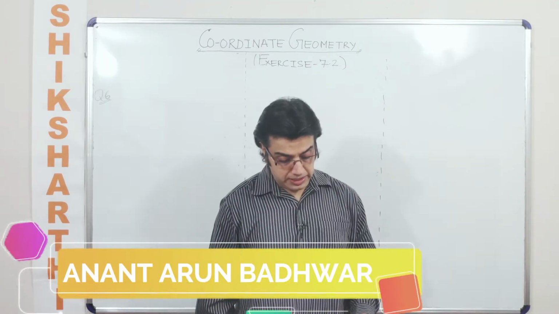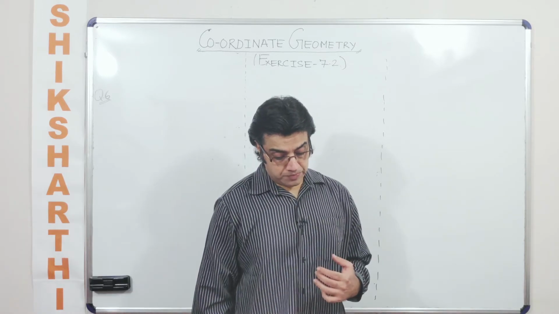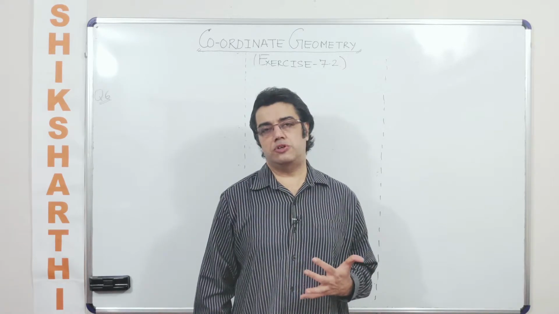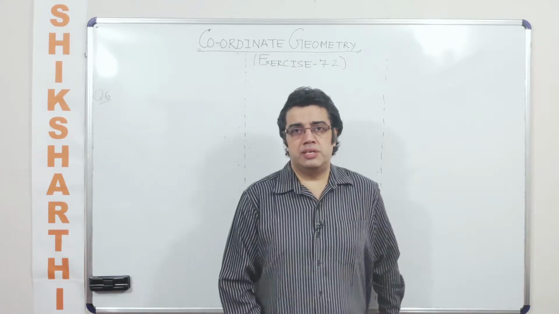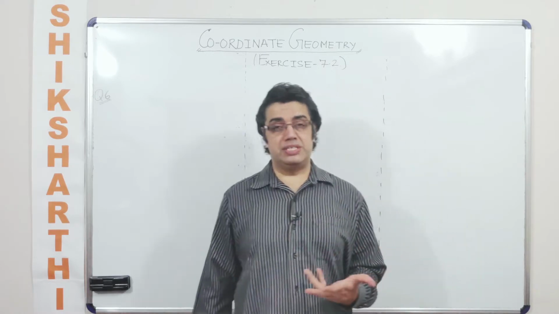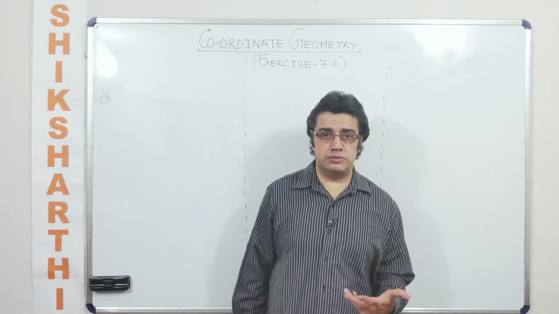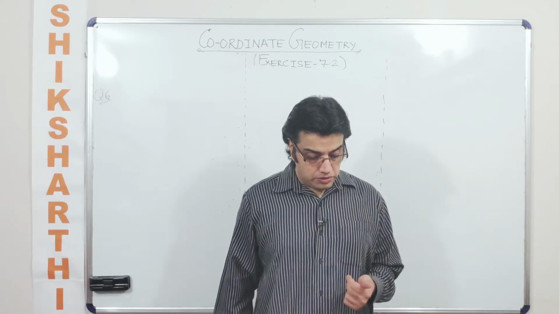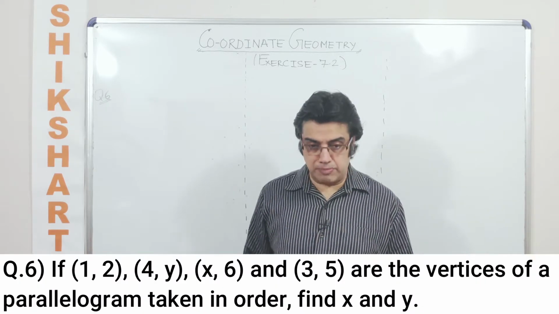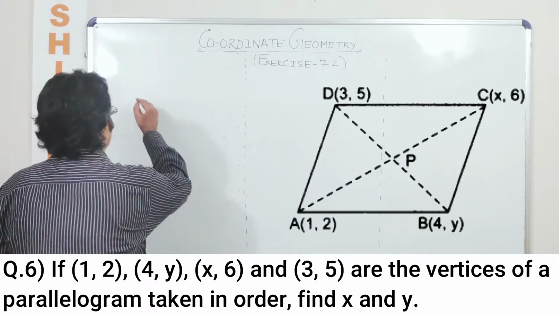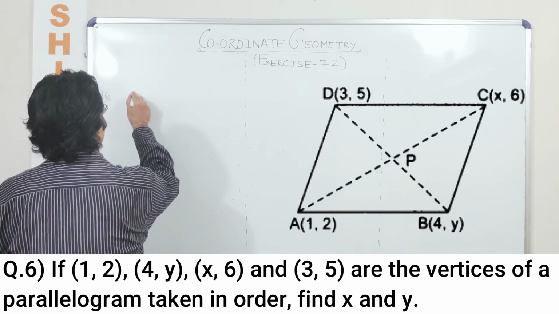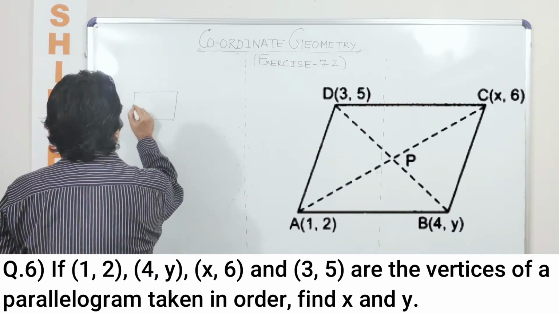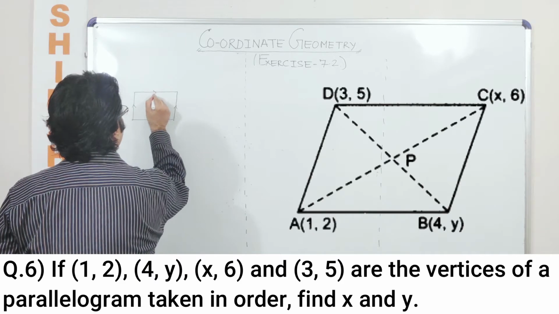Before I read out the question for you, it talks about the parallelogram, and as discussed earlier also, the topics which are connected with coordinate geometry, the basic topic here is the geometry itself, trigonometry, lines and equations and so on. Now it says that there are 4 vertices of a parallelogram. Let me draw a parallelogram here just for the sake of understanding. I can draw any quadrilateral, but the point to understand here is,